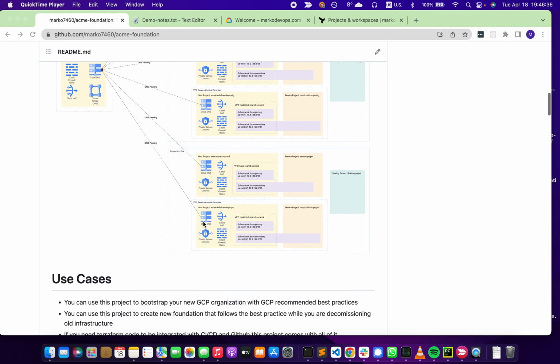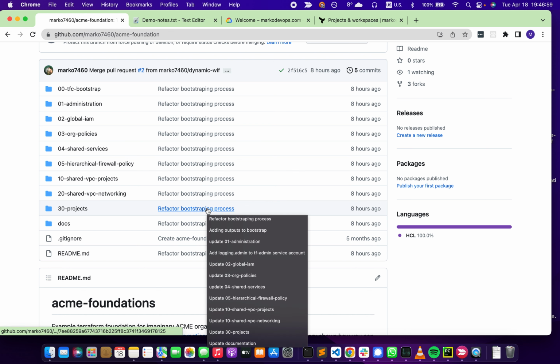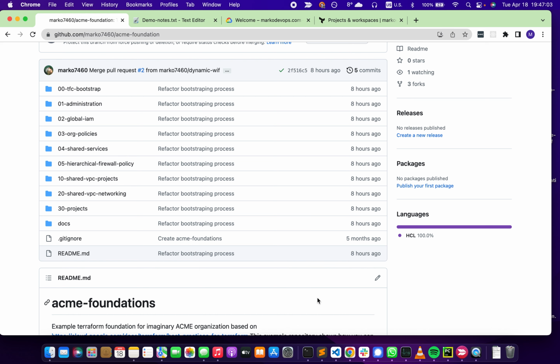So the good thing about this whole thing is everything's automated. Each folder is one piece of the architecture, and each folder contains Terraform files that represent sort of a state file, and everything's automated through Terraform Cloud. I will show you how to connect this to Terraform Cloud, and in addition to deploying this architecture, you basically get